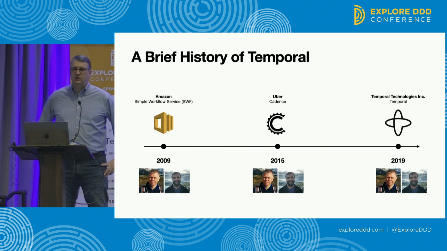So Temporal was founded in 2019 by Maxime Fateev, who's shown on the left there, and Samar Abbas, who's shown on the right. They had worked together previously at Uber, where they created a system called Cadence. Uber had switched to a microservices-based architecture, and as you can imagine, when you have thousands of microservices, trying to orchestrate calls between all those things becomes a challenge. And so they had built Cadence to solve a problem for their own team, but it quickly took off among other teams because everybody was facing the same challenges. So it started getting used by other teams for their own applications.